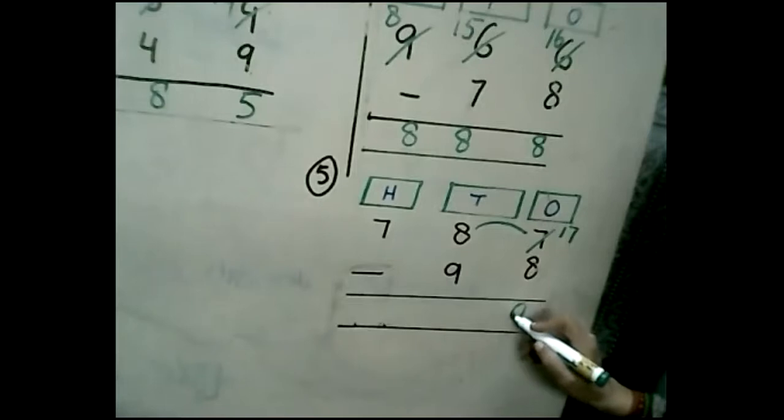इसके लिए हम क्या करते हैं? Regrouping करते हैं. Next door से हम borrow करते हैं. We will borrow once, so it will be not 7, 17. Now up 17 हो गया. Can we subtract 8 from 17? 8 from 17 आप कर सकते हैं? हो जाएगा? Yes, it will be. Right? So you will carry on the questions. It will be 9. You will carry out, complete this question. Right?